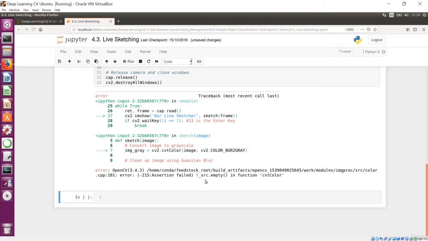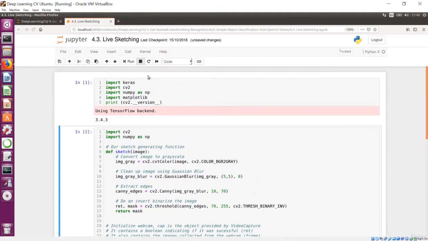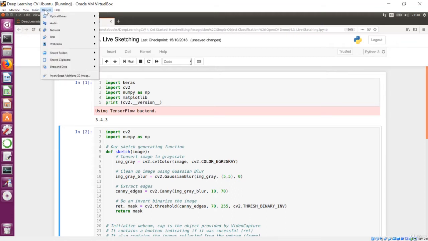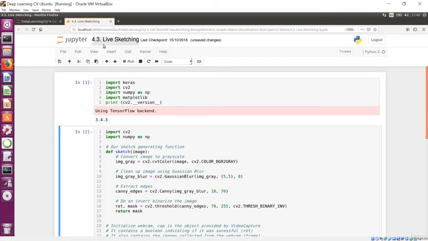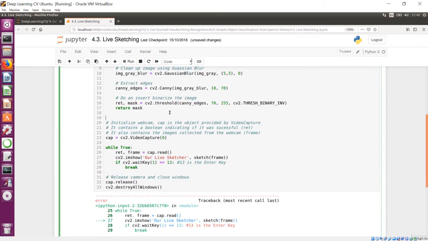The error says that the C++ code is reporting that it was supposed to get something, but it was empty in this function. As you can see from the traceback in Python here, this function, cvtColor, didn't get an image because it was empty. The reason for that is because in Ubuntu, in the virtual machine, we have to initialize the webcam first. That's a one-click process. You just go to Devices right here, and you see something called Webcams, Integrated Webcam. By clicking it, it turns it on. And now, if we run this code again,